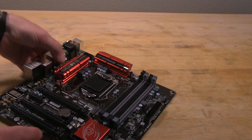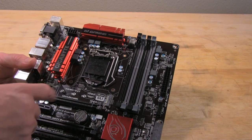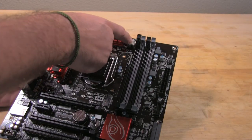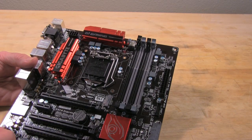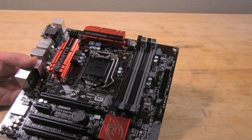As we take a look at the actual CPU socket area, of course, you have your power regulation, solid capacitors. These appear to be Nichicon caps. You have a CPU optional fan header, so if you have an air cooler that has 2 fans, you have your CPU fan header, which is white, so it kind of stands out. You have your cooling, which is a little bit of a redesign for Gigabyte. It looks pretty clean. It's gone to a red and black look,